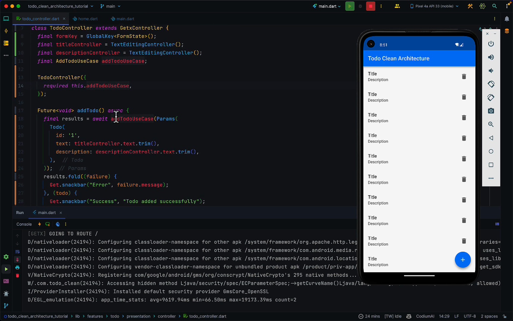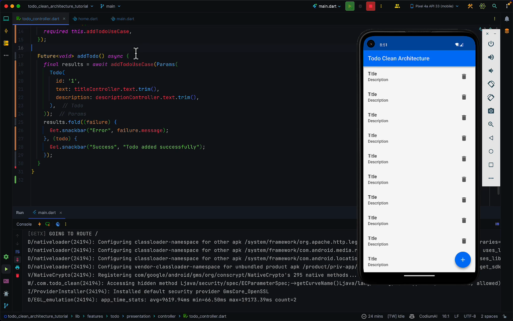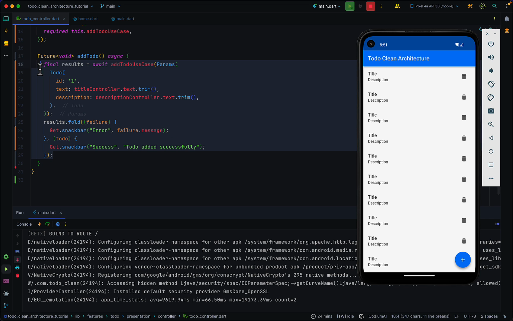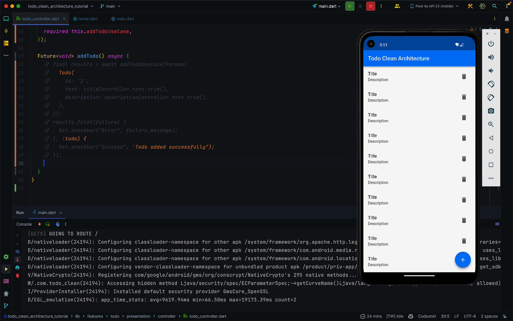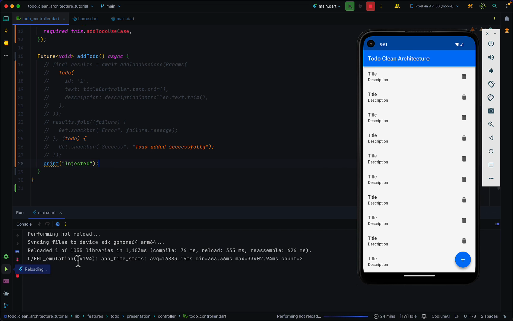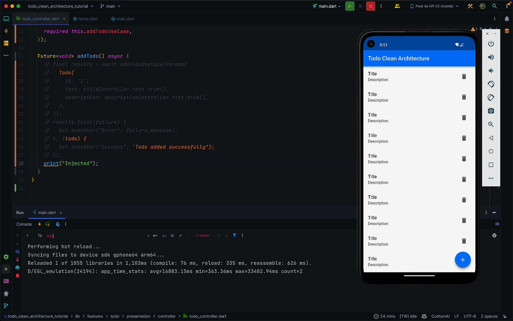So back in our controller, let's comment out whatever this addTodo is doing for now, and just print "injected". So I'm going to find "injected" in my console. So let me just press on this button,